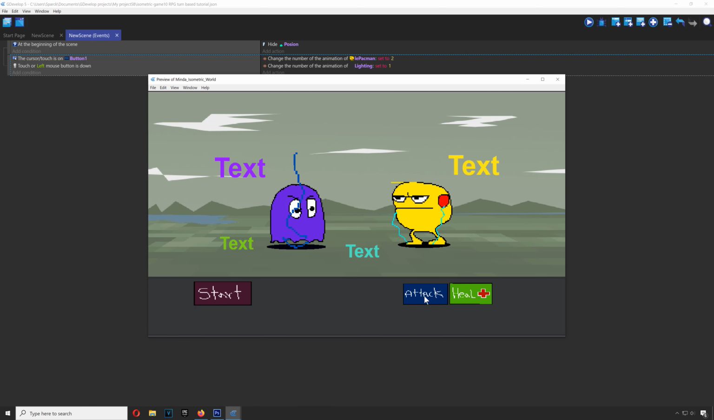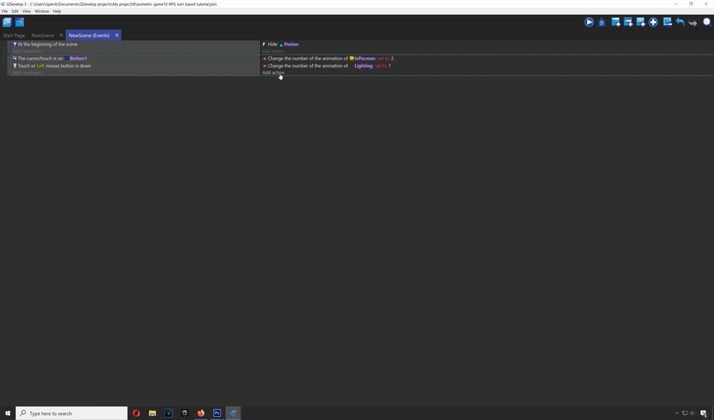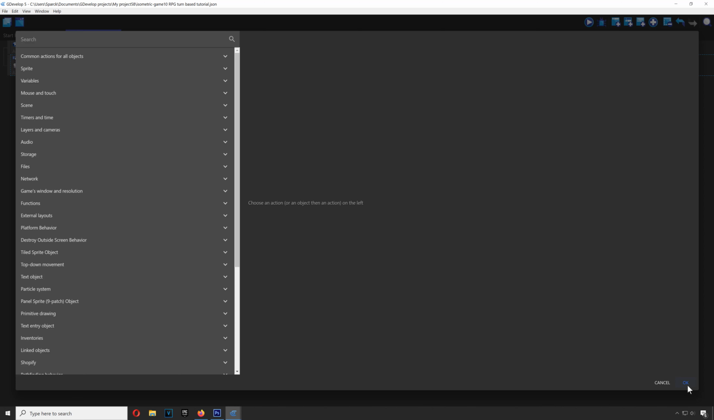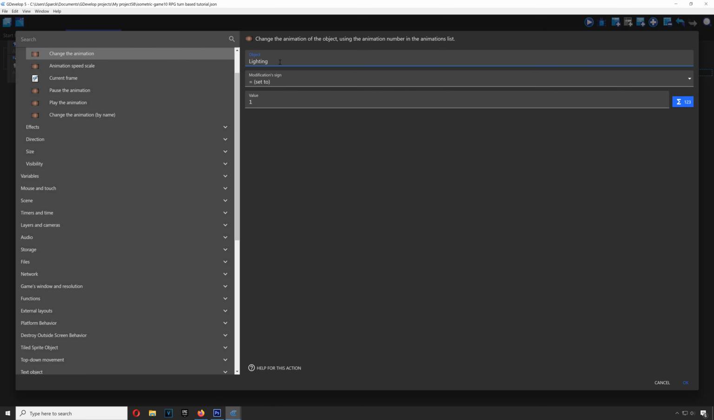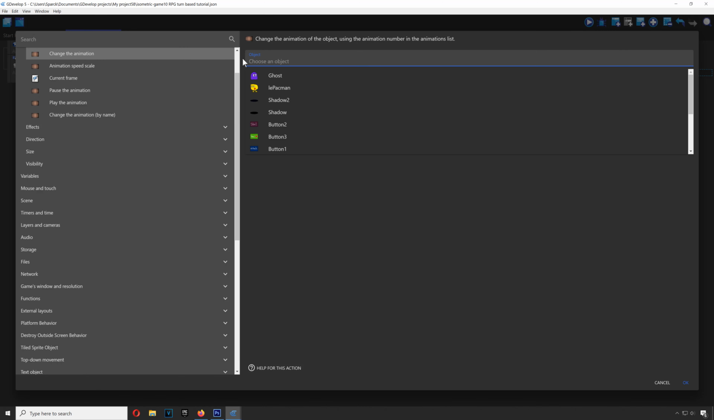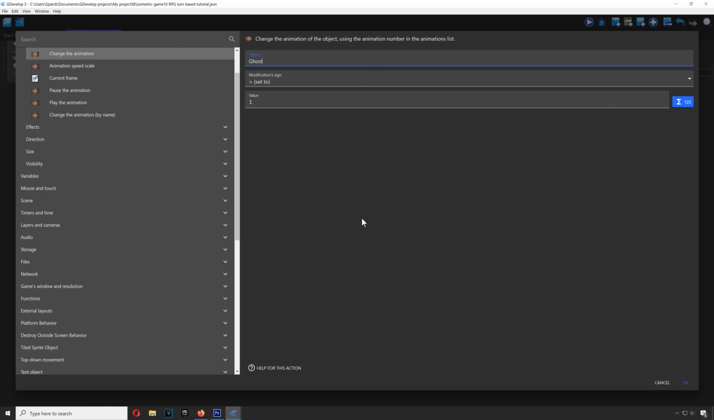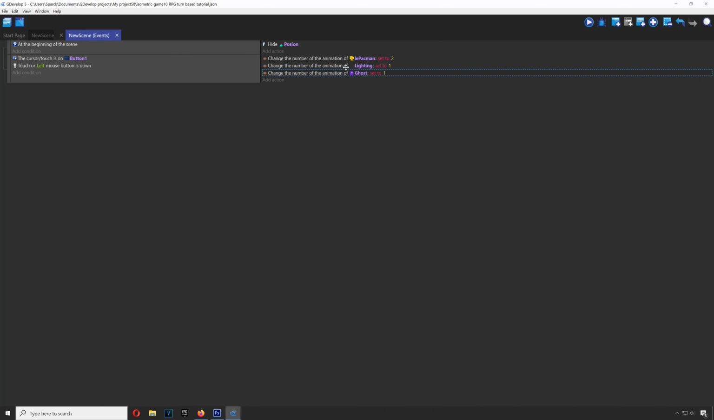Press attack. You can do this both ways. You can do it by collision, or you can simply play the animation if you just want to save time. For this example, I'm just going to make the ghost play the animation. Just copy this, and we can make the ghost. Like I said, you can do it by collision if you wanted to. And we are going to set the animation of the ghost to